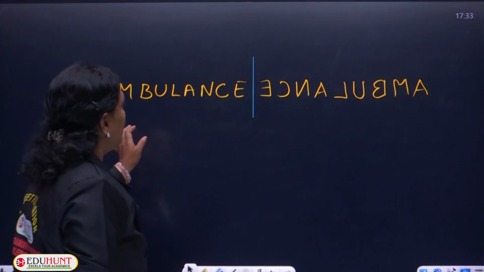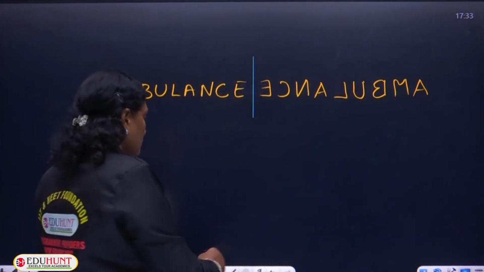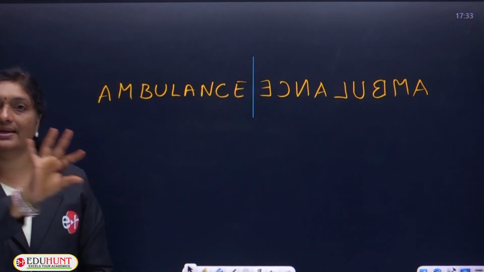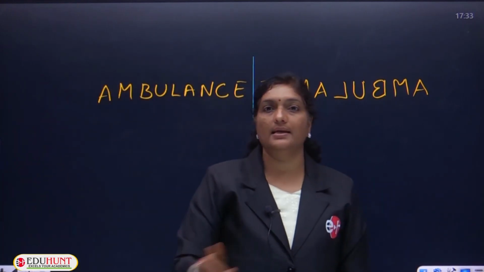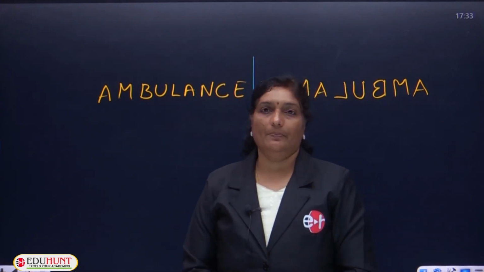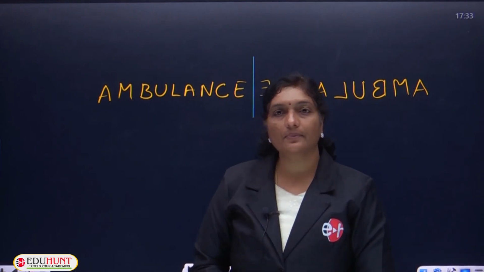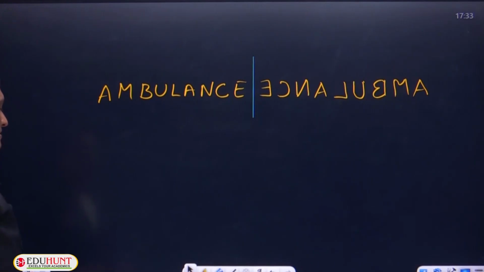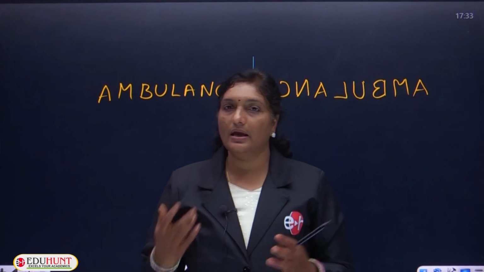So whenever the driver observes those letters in his mirror, they appear to him as a complete name, an ambulance. So, the driver identifies it as an ambulance, so that he can keep himself to the side. So, this is the reason behind that. Got it, children? Okay, so anyhow, moving to the next concept regarding the displacement and velocity of the image with